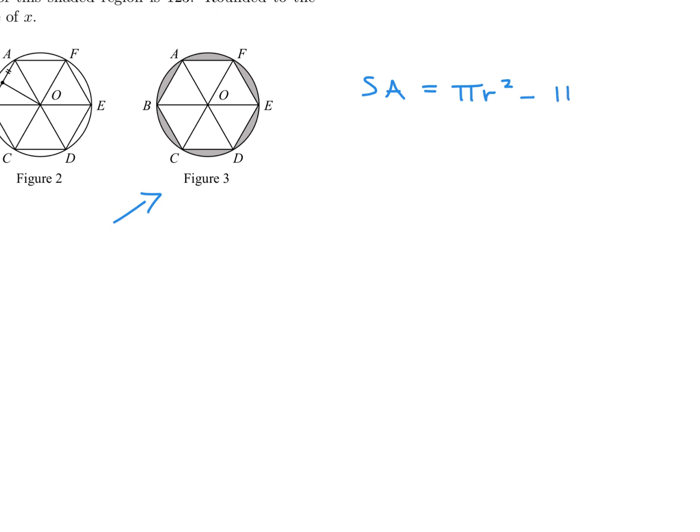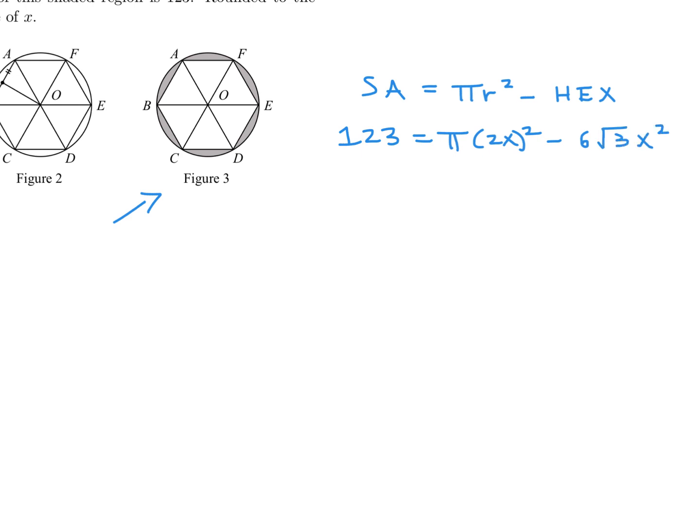So I'll just put hexagon right there. Okay, well, they told me in the question that the shaded area is 123, and then r we had previously figured out was 2x, and then the area of the hexagon we previously figured out was 6 root 3 x squared. So